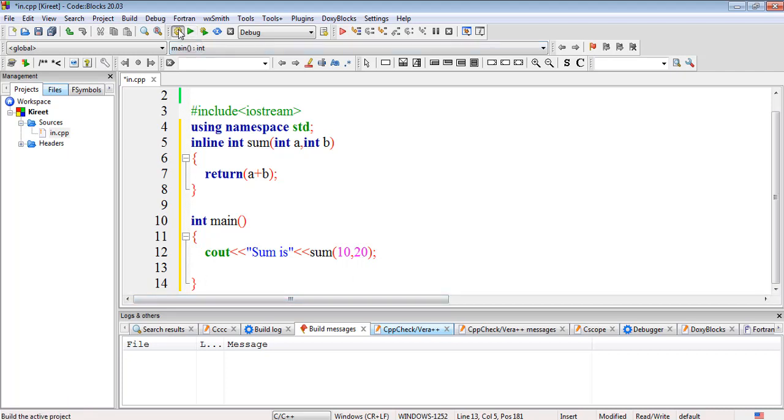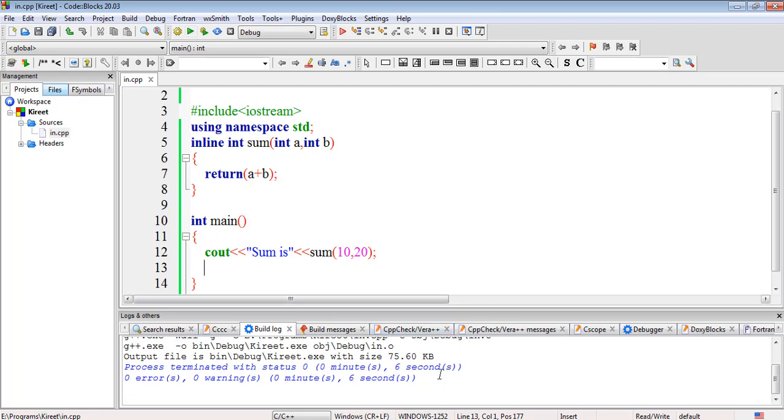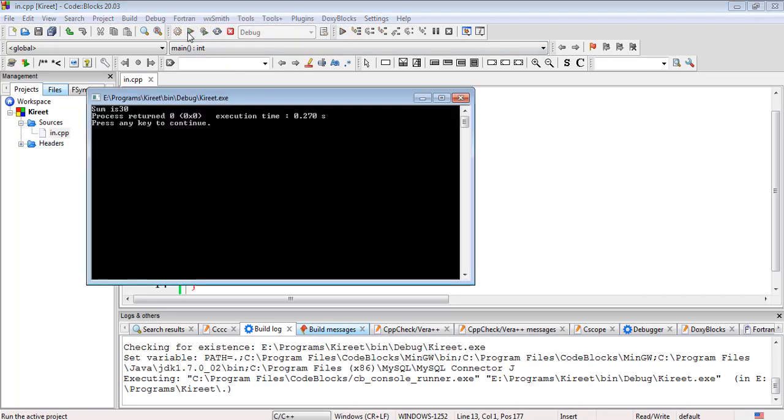So we'll just compile it. So here you can see it has compiled, an executable will be created in this directory of size this kb, and we'll just run. So you can see the sum is 30.